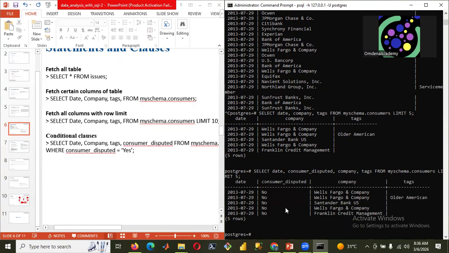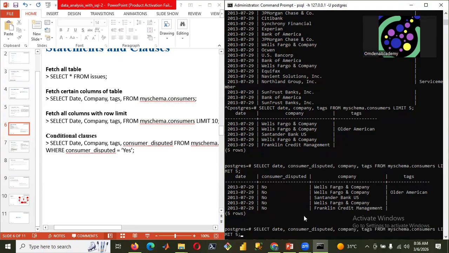And you see, the date is there. Consumer disputed, you are seeing no, no, no, no. It's actually no or yes, right? So we are going to filter based on using the clause statement. We are going to filter out the yes, right? So how do we do that? We do select, we have the date, that's the first column, consumer disputed second column, company third column, tags fourth column. From my_schema.consumers, which is the table, we are limiting it to 5, right? But before the limit, we can decide to put the clause